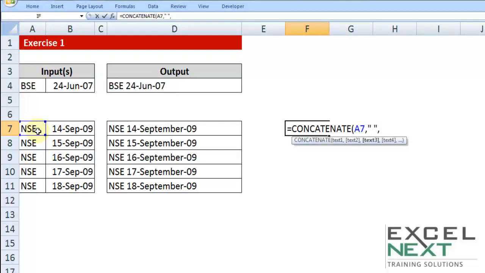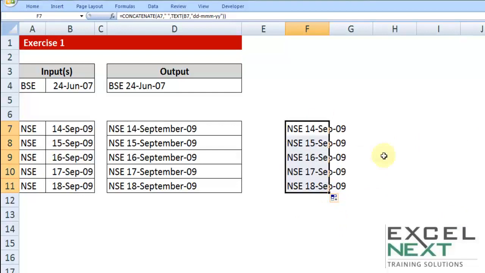Now I cannot straight away select the date because it will turn it to a number. So what I do is I use the same formula text using the date value. Next is format of the text. So double quotation DD hyphen MMM hyphen YY, double quotation closed, closing the brackets thereafter. Now we'll notice one pair of brackets have been closed, but the formula concatenates bracket has not been closed yet. So let me put in another bracket and press enter. So whichever approach you adopt, you'll get the similar results.